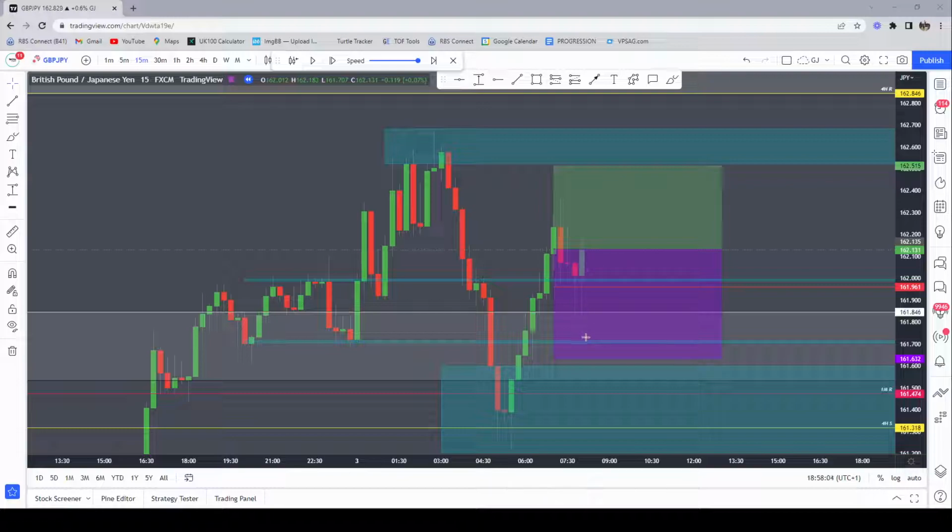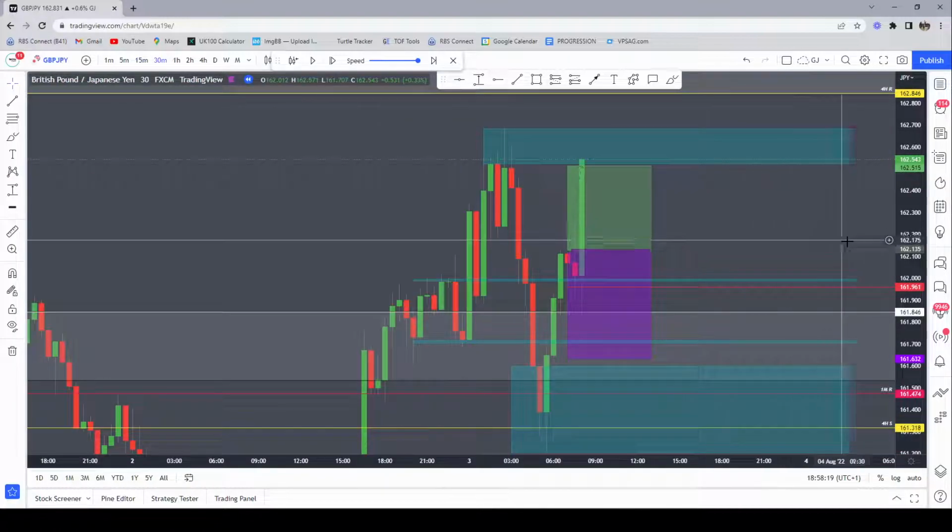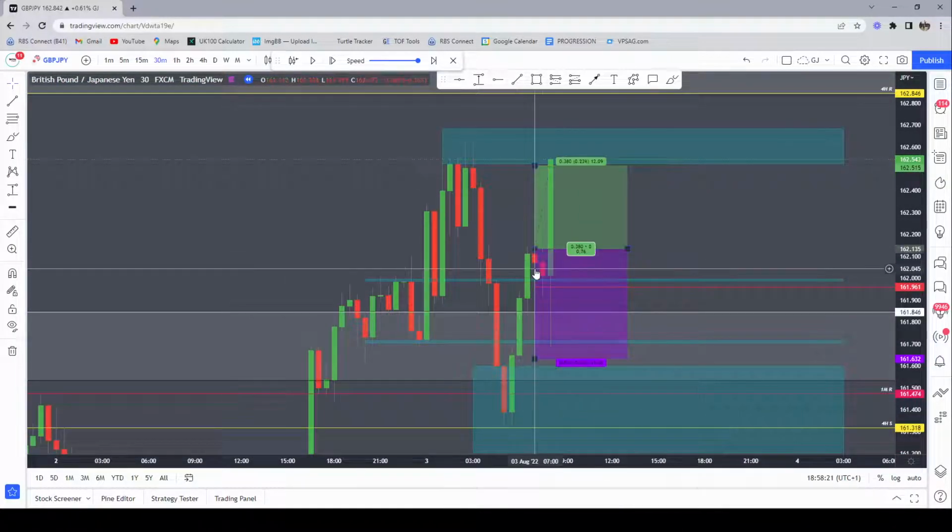Because we've pushed down, failed, formed a higher support. Then the next candle, if I just come out of the drawn tool, one sec. The next candle continues to target. So if I look at this on the 30-minute time frame, what I was potentially anticipating with this half seven candle, potentially doing something like this,